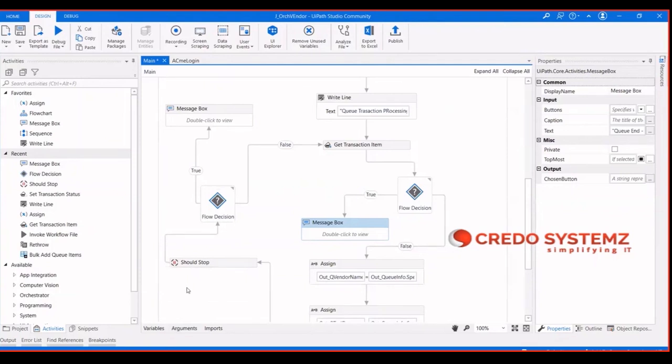So always all your workflows need to have a should stop, because we are always going to execute it via the orchestrator and via a job. So all the workflows should have this particular condition, should stop, a flow decision, and what you're going to do if it is true or false. Okay,